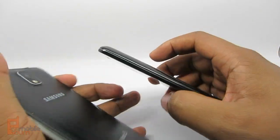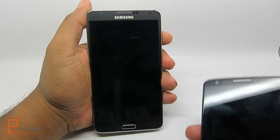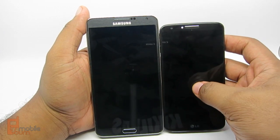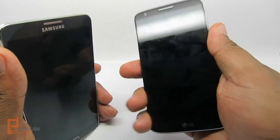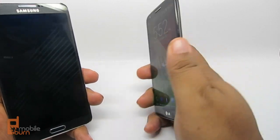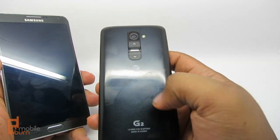Also, you have these rear buttons, but the Galaxy Note 3 is considerably larger in terms of height and width. Now, that half an inch in terms of difference of size actually goes a long way. So when it comes to just holding the device, the G2 has an advantage because the size is a little more manageable. Even though the texture that it has, which is kind of glossy, slimy, you see it attracts fingerprints